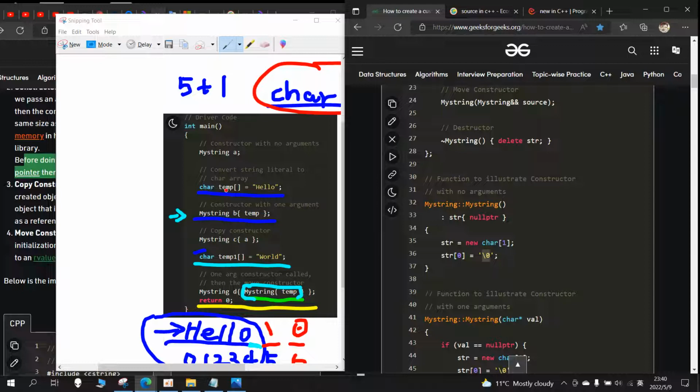So it is char temp, and then with nothing inside the square brackets. That means the length of the array can be flexible. So here we write hello as an array of characters. And then next, the constructor with one argument, right? And then it goes through